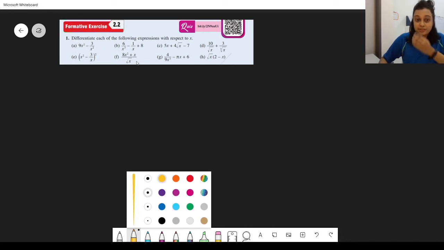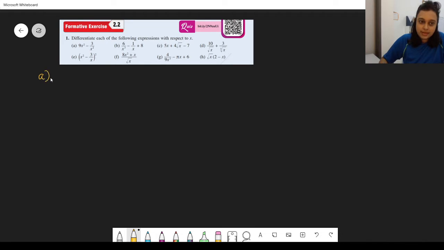Differentiate each of the following with respect to x. When we have with respect to x, automatically we are going to start. Let's do the first one, a. That means this is our function. Usually a function will have f(x). This is our expression, 3 over x squared. When you see a fraction like this and the x is below as the denominator,